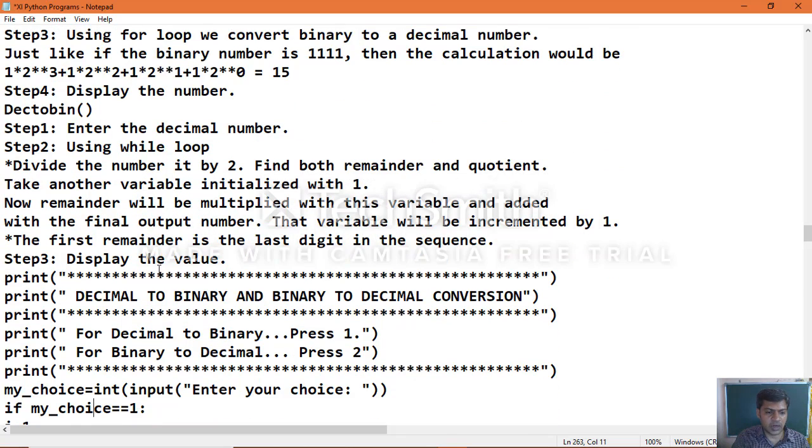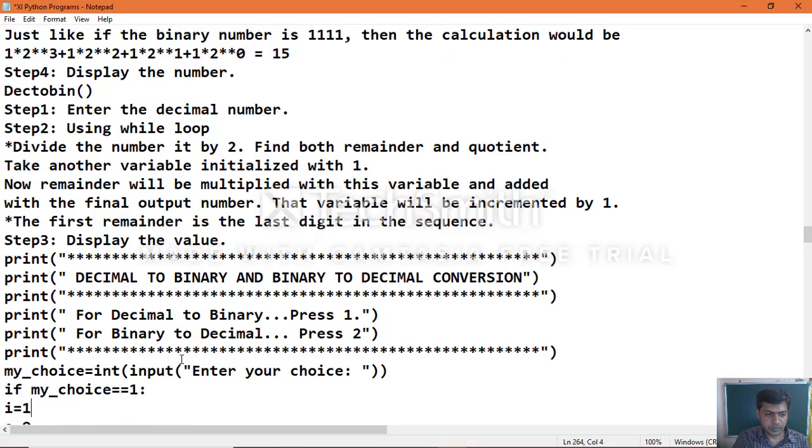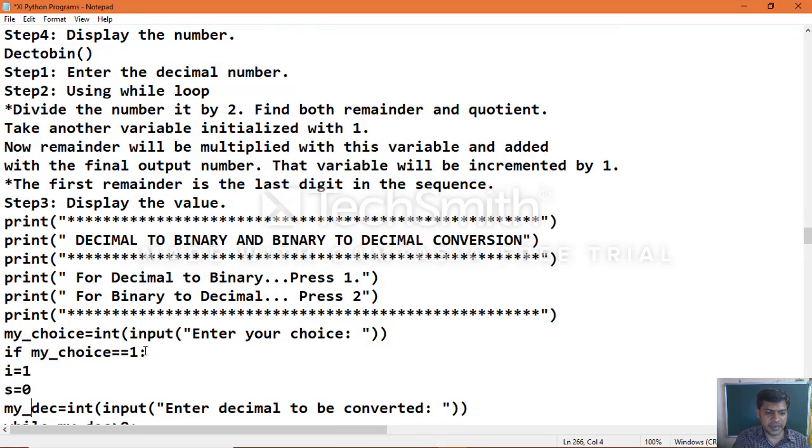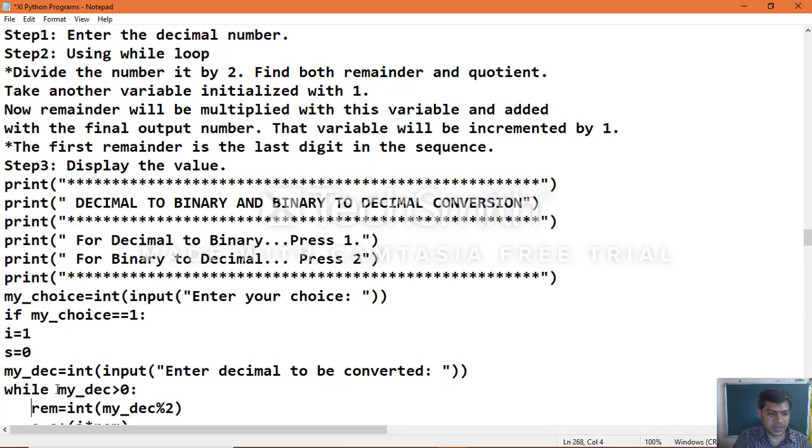Now we are writing the program for decimal to binary and binary to decimal conversion. Option 1 is decimal to binary, option 2 is binary to decimal. My choice equals int of input, enter your choice either 1 or 2. If my choice equals 1, i equals 1, s equals 0, the sum value which we calculate. Then my decimal equals int of input, enter decimal to be converted.